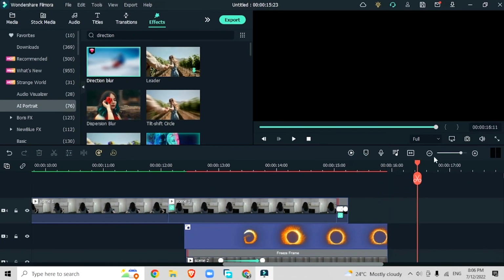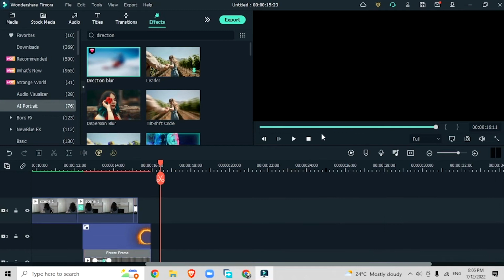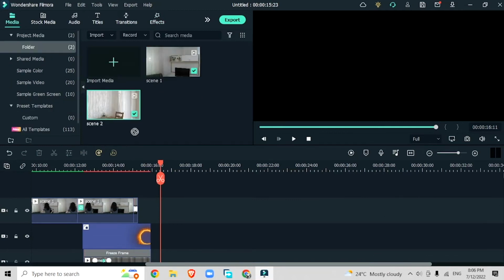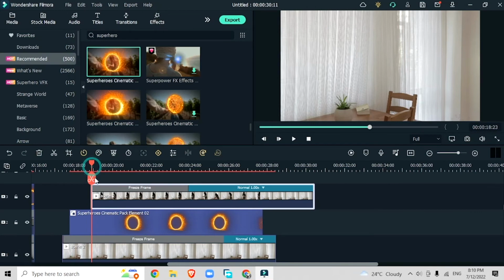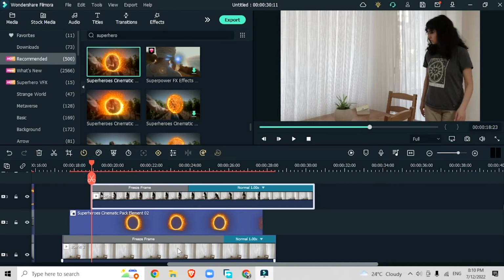Now it's time to do the same thing with our second scene, except now we're coming out of a portal instead of going in. Bring in your second video. Once again, we're going to separate the empty shot from the acting shot. So just like the previous video, I have my freeze frame background footage, the portal, and then the freeze frame of where I'm jumping towards the camera, showing that I just got out of a